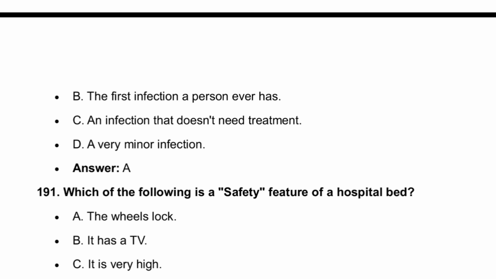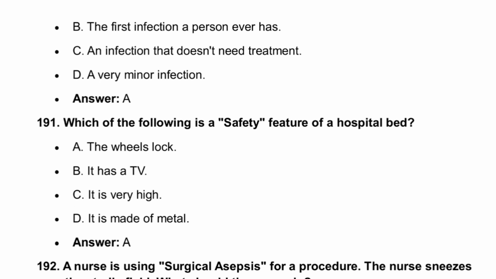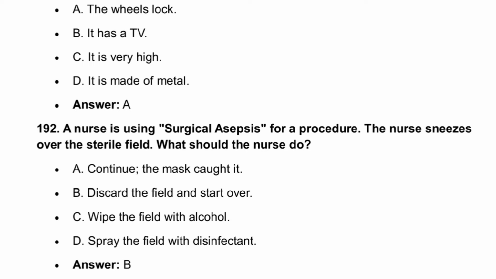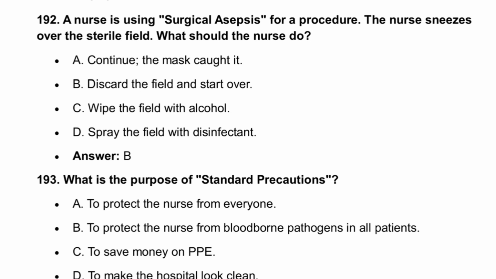Which of the following is a safety feature of a hospital bed? এটা কি আছে? A, wheel locks. হুইলটাকে লক করে দেবে। A nurse is using surgical asepsis for a procedure. A nurse sneezes over the sterile field. What should the nurse do? এ কি করবে? B, discard all the fields and start over. আর পুনরায় শুরু করবে।